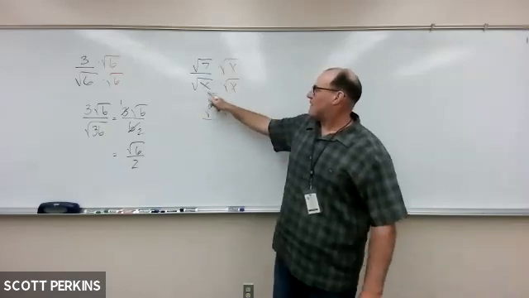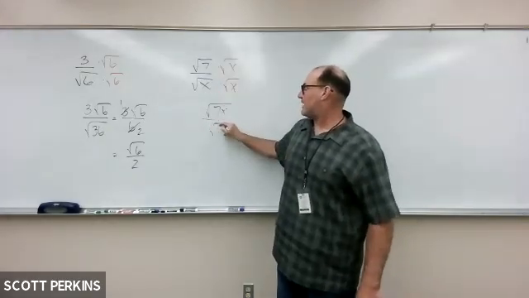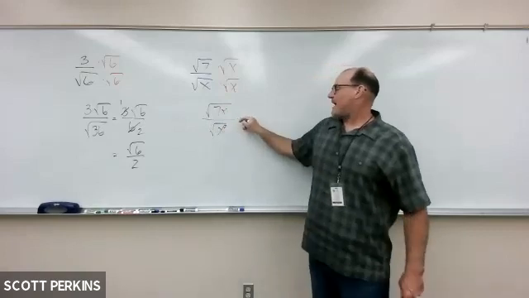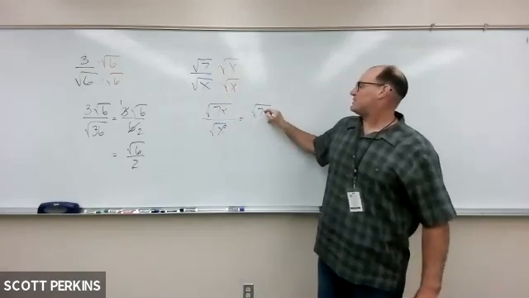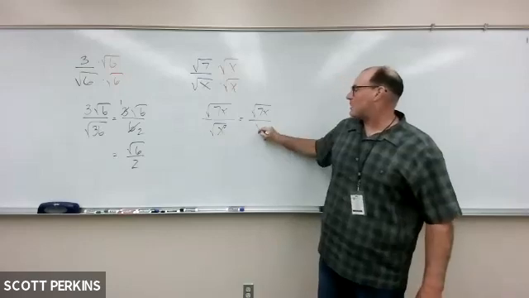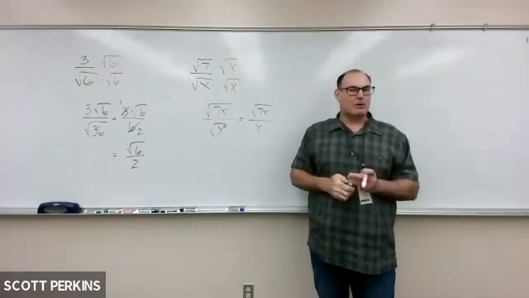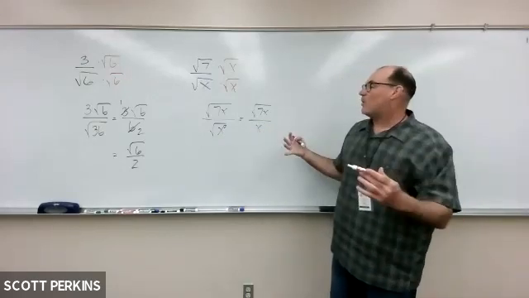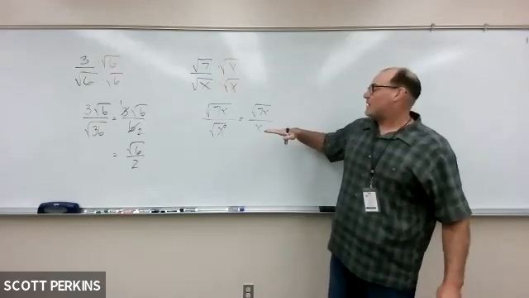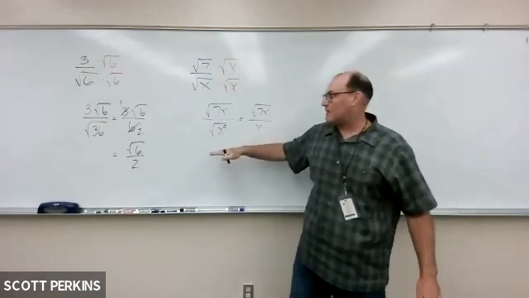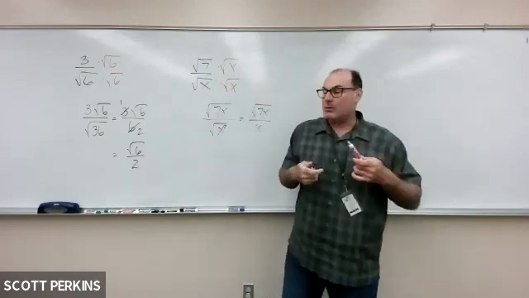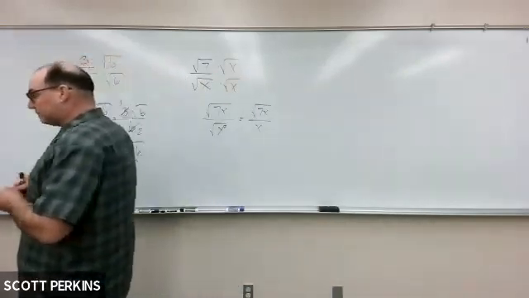That's great. On the bottom, I have square root of x, square root of x. That's the square root of x squared. And what that becomes is square root of 7x in the top, square root of x squared is x in the bottom. Notice our goal in every one of these. Every time we have no more square root in the bottom. That is our goal when we divide and we have radicals. All right,